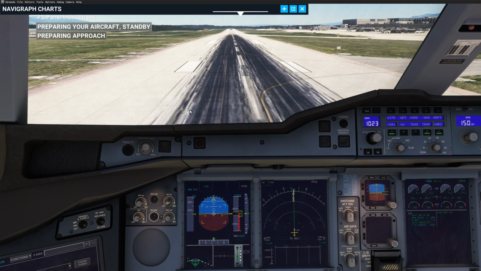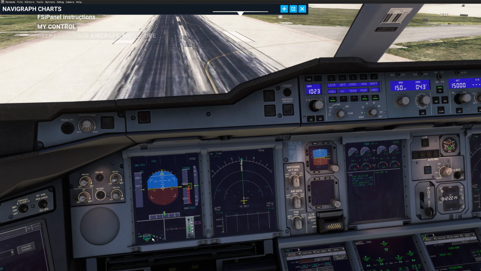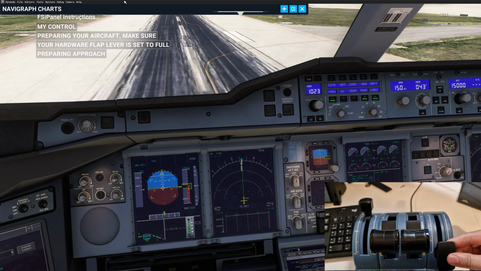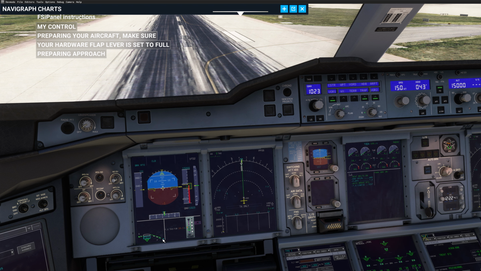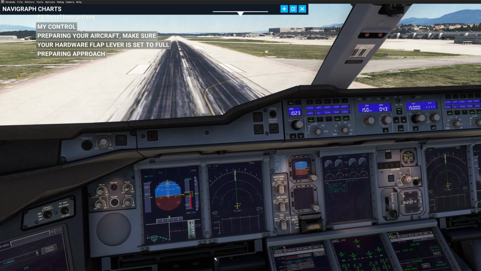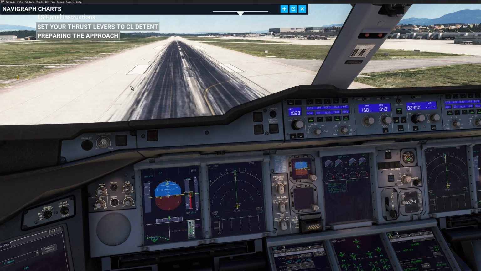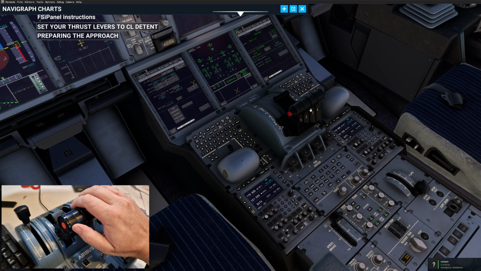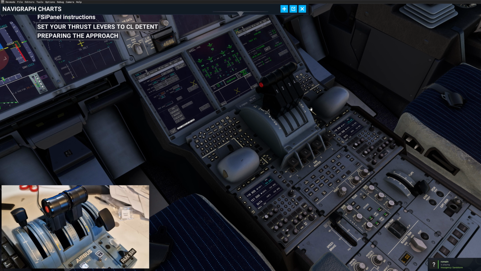So we are in the cockpit, and now you can see the flaps are moving to full, and FSiPanel tells you to prepare your aircraft and make sure your hardware flap lever is set to full. So I'm going to do that now on my Thrustmaster. And now FSiPanel is just waiting for the flaps to be extended. After that, we're gonna get the next instruction: set your thrust lever to climb detent. Okay, so we just basically need to set our thrust lever to climb detent,